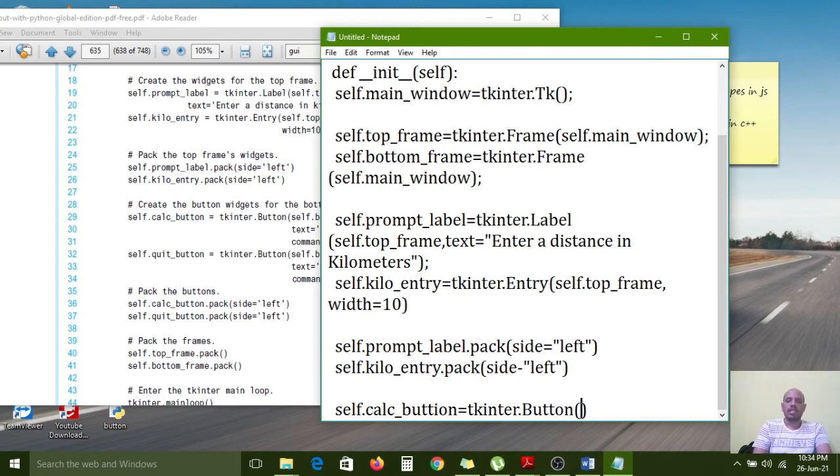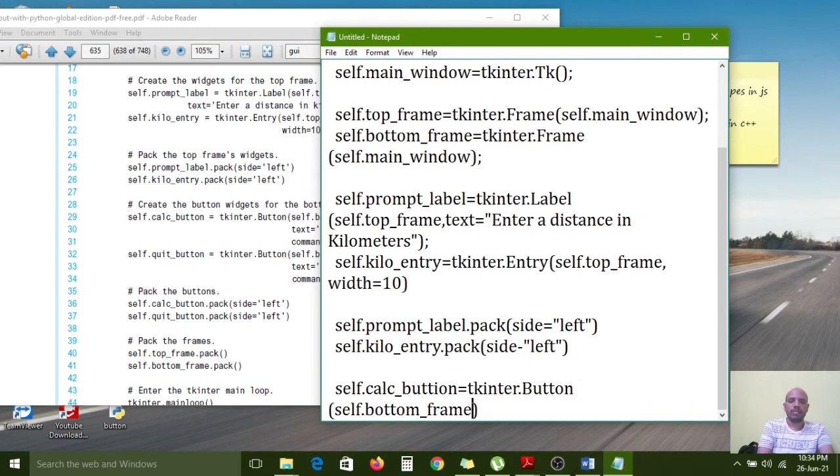We are creating this one in the bottom frame, so self dot bottom underscore frame, which we have created. After that, we need to mention the text in the button.